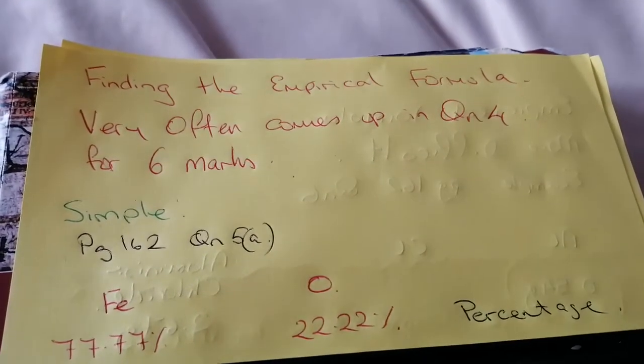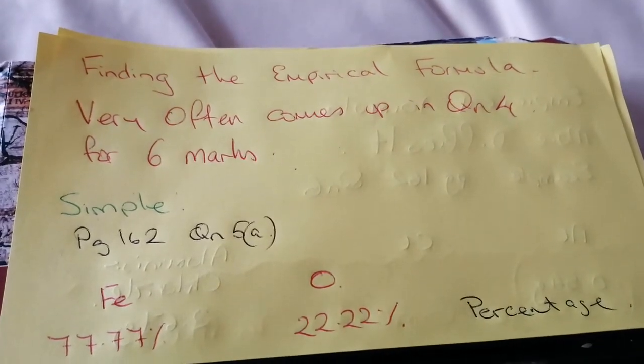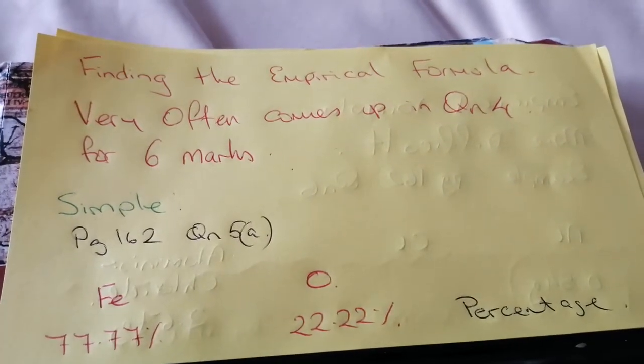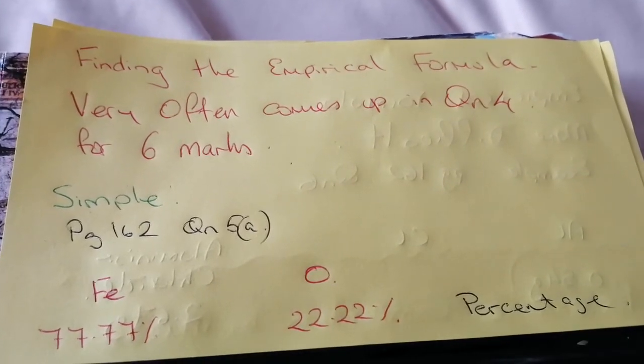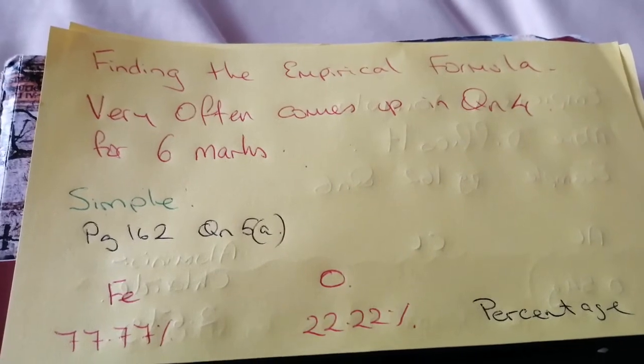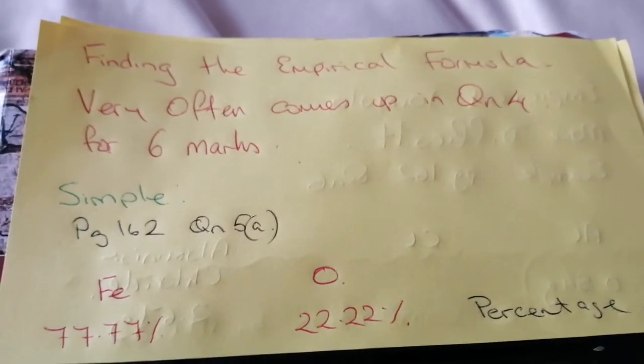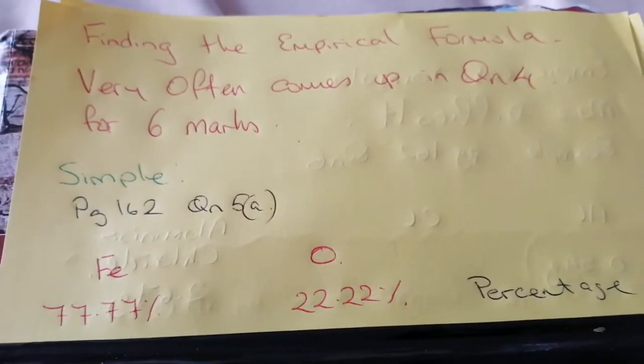Okay, folks. Now, I'm just going to put up a few stoichiometry videos, and I'm going to start with the very, very easy stuff first. Now, this is just finding the empirical formula. Very often comes up in question 4, and it's handy 6 marks because you only have a couple of little operations to do, and then you pick up your marks, and it's very easy to get it right and get